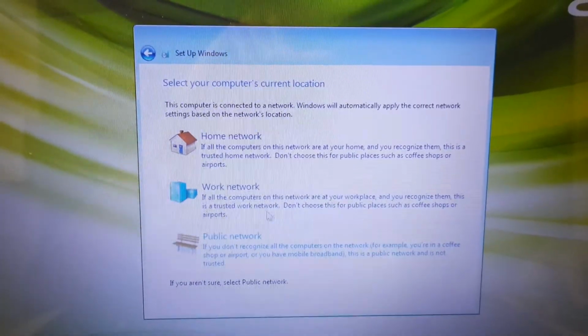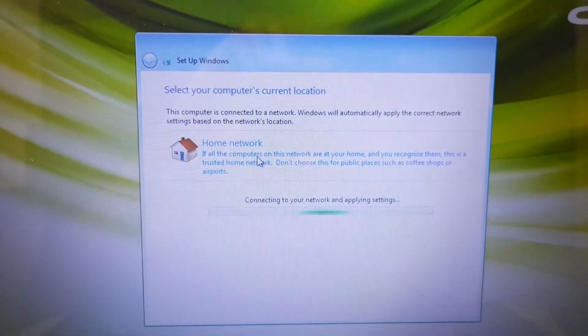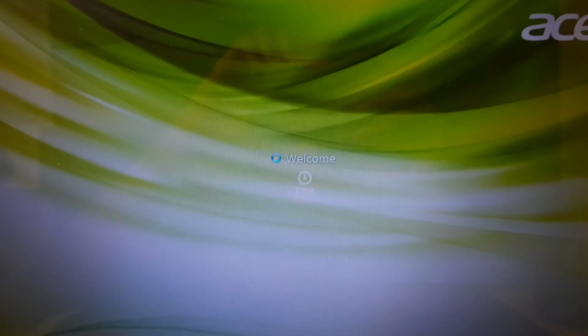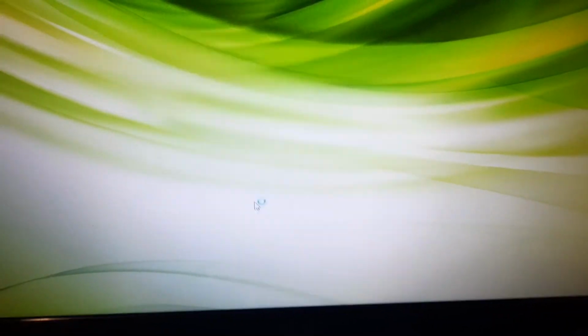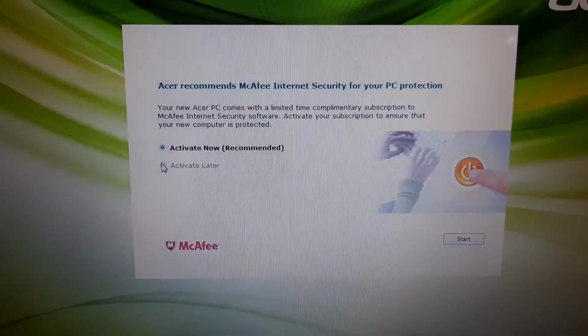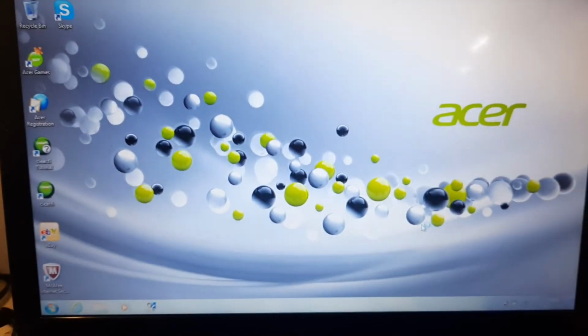And now we can connect to Wi-Fi and click on home network for the best security. Now it's going to ask us, do we want to register? We click on no. And do we want an antivirus? Click on no, because this is already outdated by now.